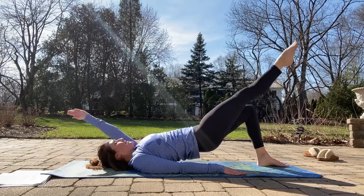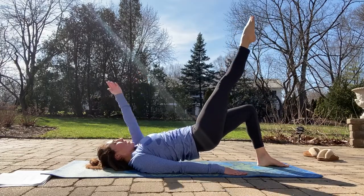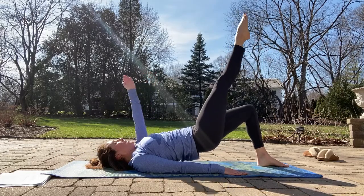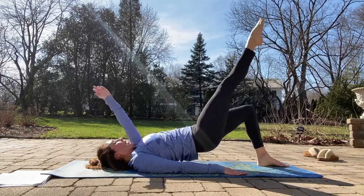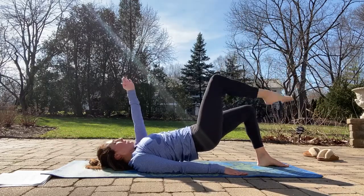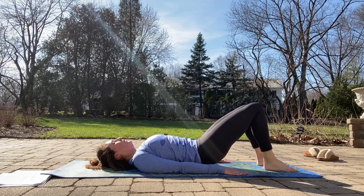Lower and lift, trying to keep your hips square, really squeezing on the grounded side. So in this case, the right arm's pressing into the mat, the left foot is pressing into the mat. We've got 2 more, and back, and 1 more, and back. Bend that knee, put that foot down, put the hand down, and let's actually roll all the way down to